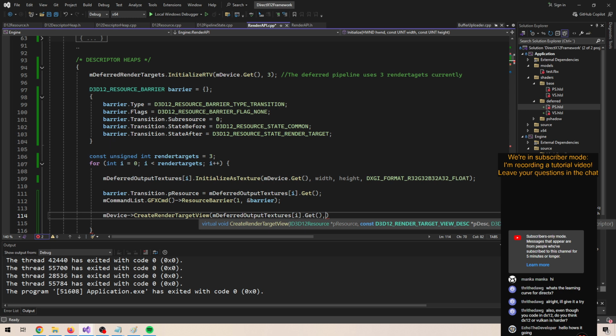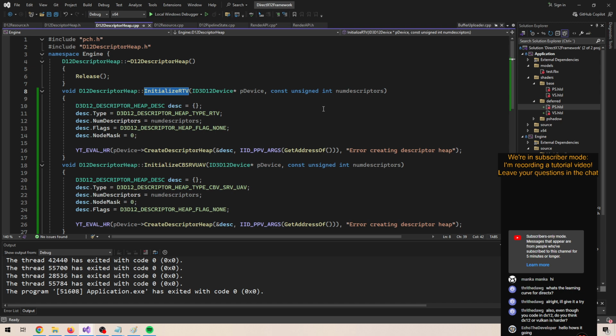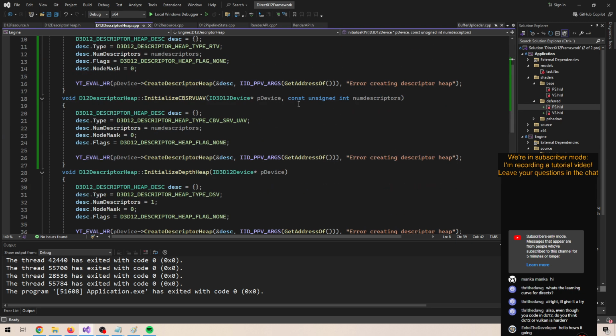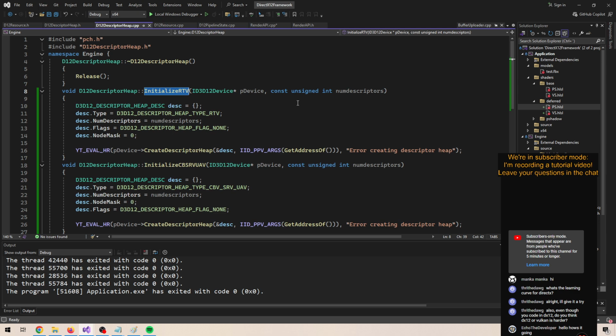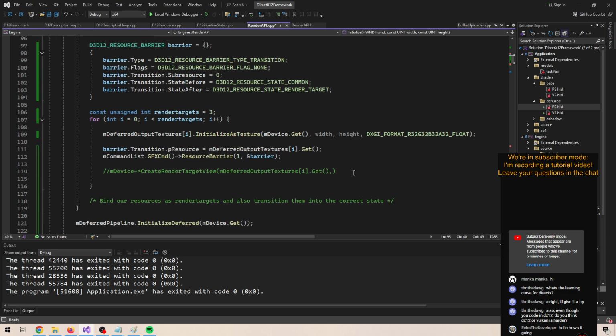And then we need a CPU descriptor handle. So what that means is on our descriptor heap, we get two mappable addresses, one for the GPU side and one for the CPU side. And this one needs a CPU side in order to be able to bind the render target view. So we need to do that. We also need a render target view description, of course, and we can grab that from our